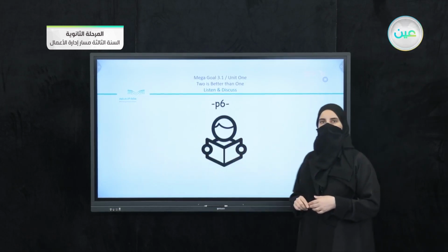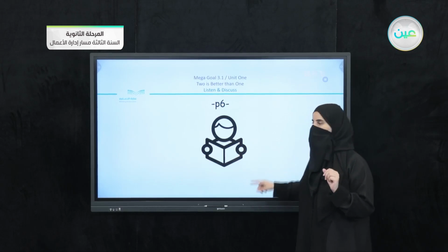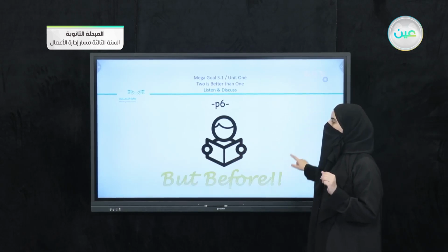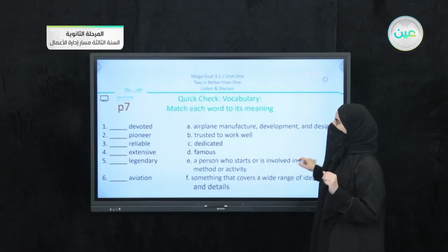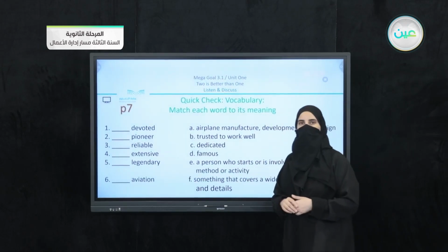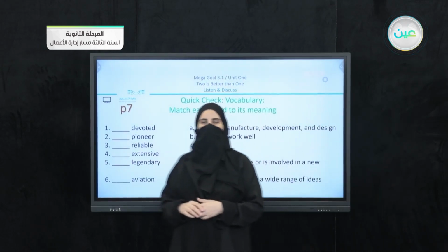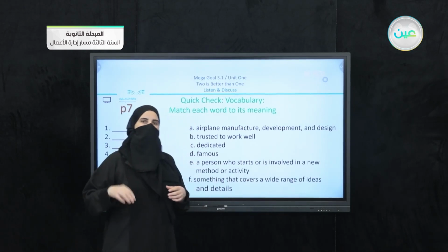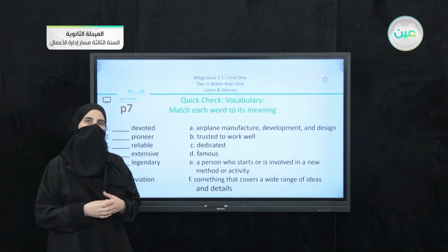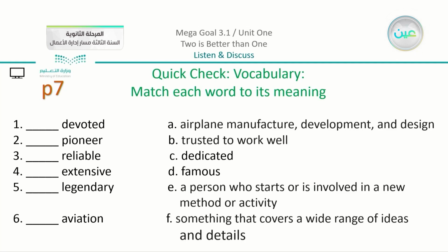Now you can open your books on page number 6, but before we start with our lesson, I would like to pass by the words, the vocabulary that we have here on page number 7, just to make you highlight them or notice them when they pass by you. So we have here 6 words. The first one, I'm going to give you a chance to read. We have the first one,